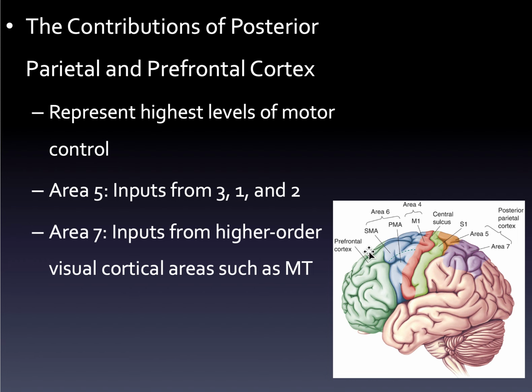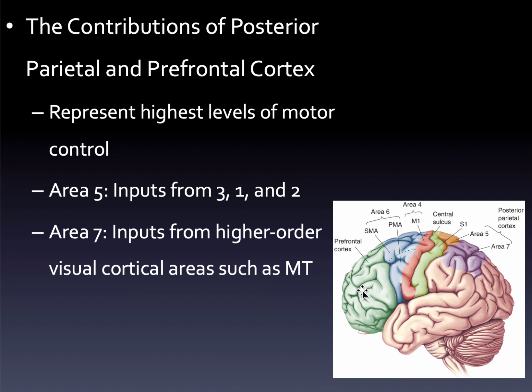Now, we can't say too much about the prefrontal cortex, or at least we won't say too much about it yet. This part of the brain, the whole frontal lobe really, is often considered the executive cortex, meaning that it's the controlling part, and particularly controlling behavior. And as we get further out to the prefrontal area, you'll see that the motor planning aspect of this becomes more abstract, and we see behavioral and social behavioral